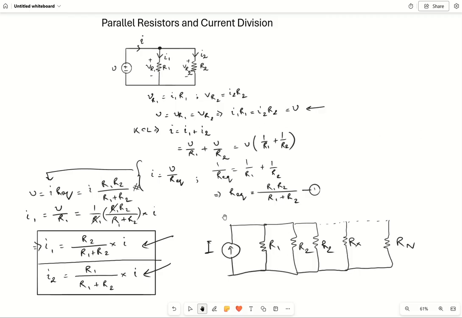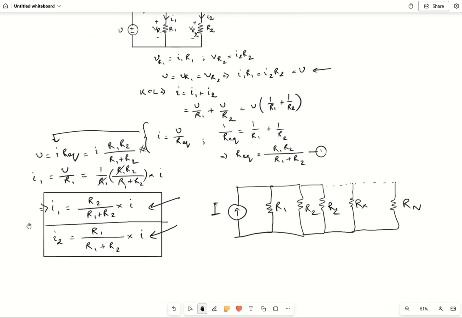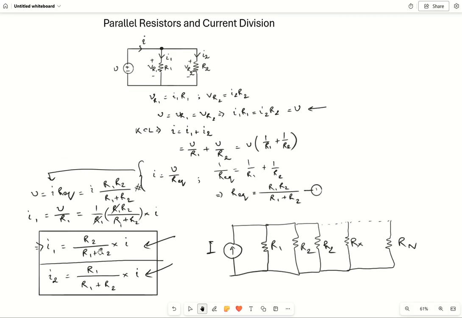Okay, so now if we look at the formula we have got here, what is the value of current I1? Current I1 is nothing but the resistance in the other branch divided by the total resistance multiplied by the input current. Similarly, current I2 equals the resistance in the other branch